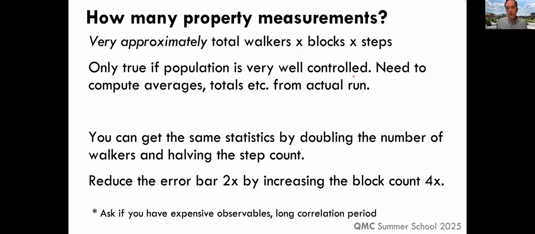But this would only be true if the population was very closely controlled around total walkers. And in a healthy run, it could be 30% above or below that. So this is where you use QMCA to compute the averages and totals from your actual run. But this is sort of a rule of thumb you can use when planning a run to work out how